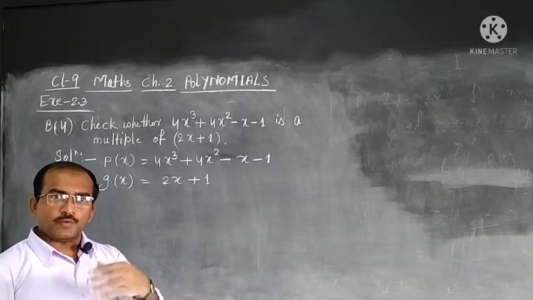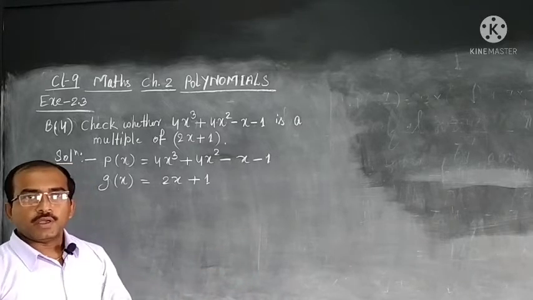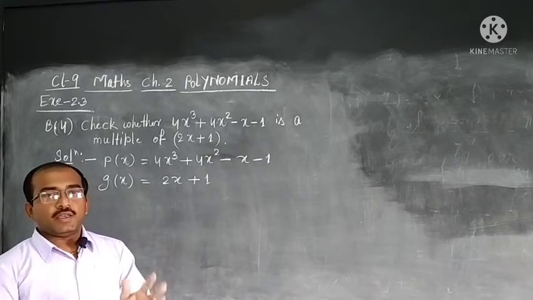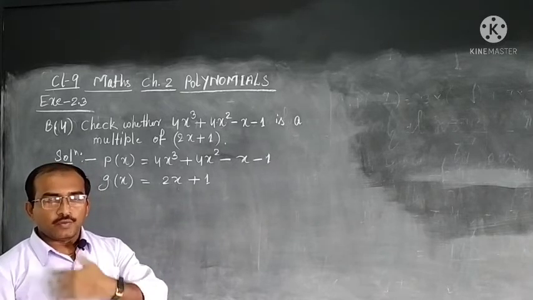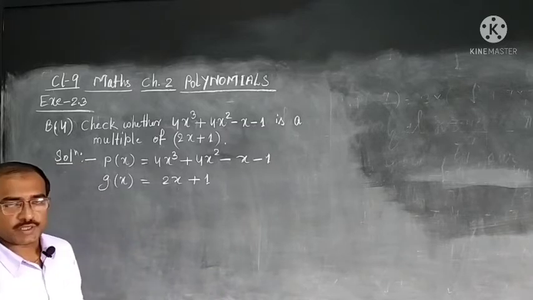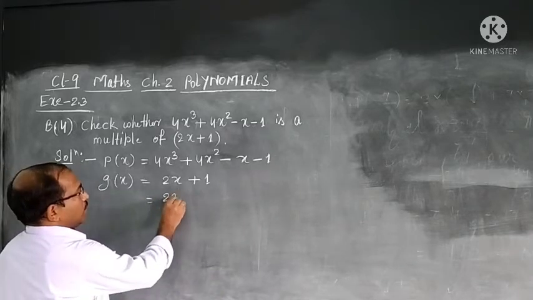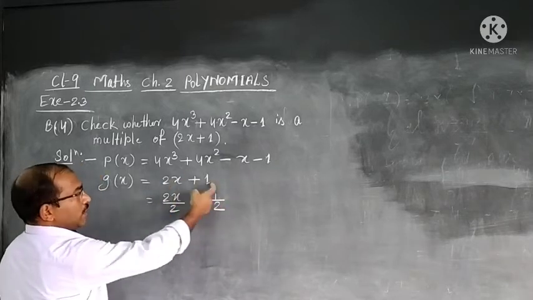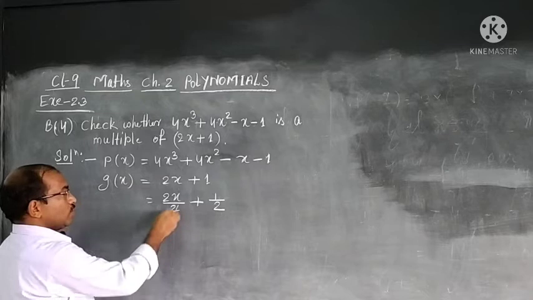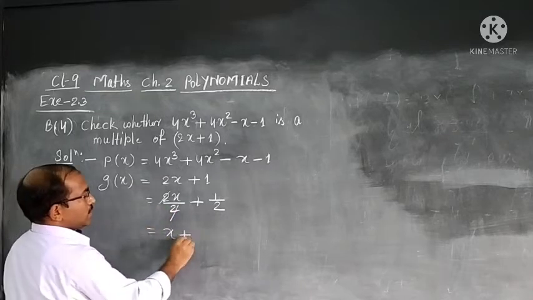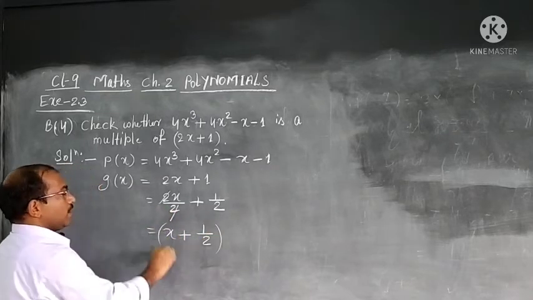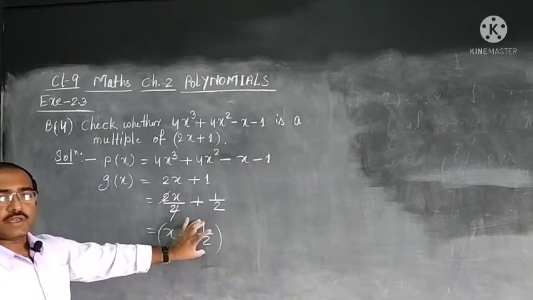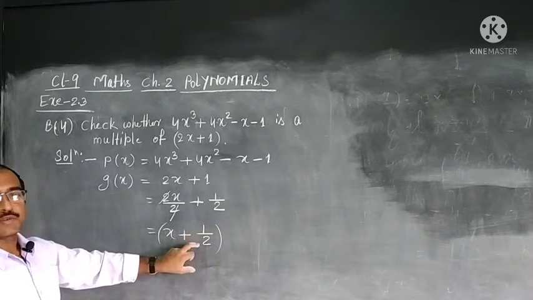If we want to remove 2, we will divide by 2, it will become 1. If it is 7, we will divide by 7, if it is 3, we will divide by 3. Anything we want to make 1, we divide by the same quantity. Is it clear? So, let us do that, but we cannot do that with one term only. We have to do that with both. So, the divisor is now okay. In what sense okay? The coefficient of the variable is 1 and the constant is 1 by 2.